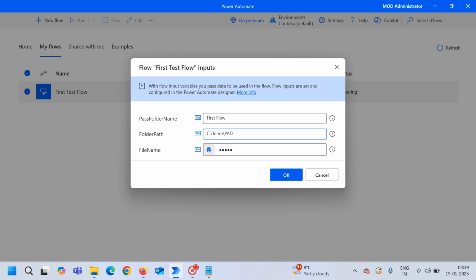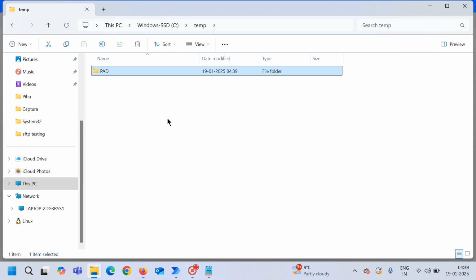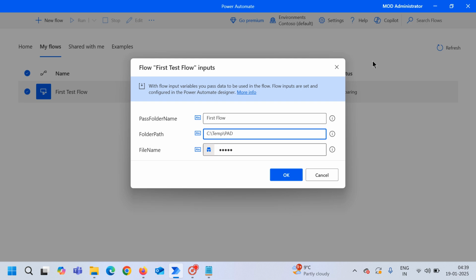Okay, but I don't have that, so let me create one. Okay, so inside this path it will create the folder with this thing called first flow,